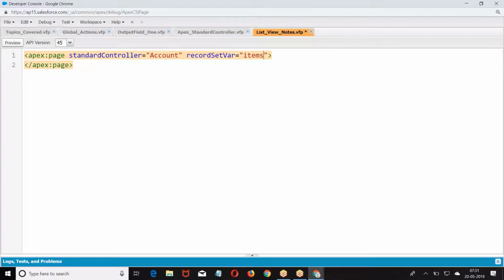The base was that in the account object, there are list view options. Out of those list view options, whatever you have selected is called the filter ID. Based on the filter ID, you get a group of records. Those records are referred to by a variable called items. That is the record set variable. Was that clear for everyone? Every object will have its own options. Okay. Now.